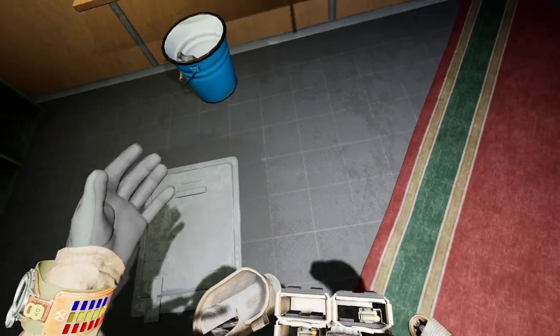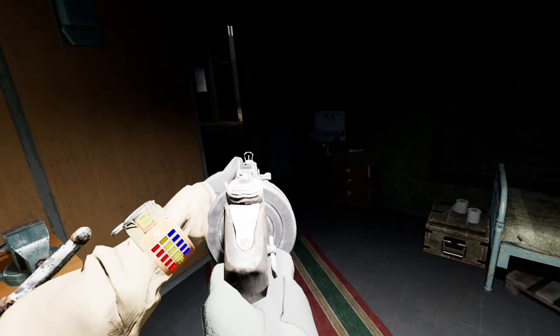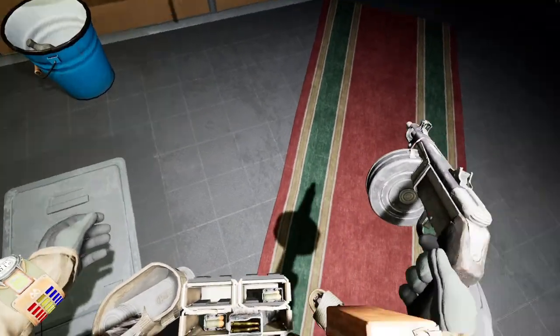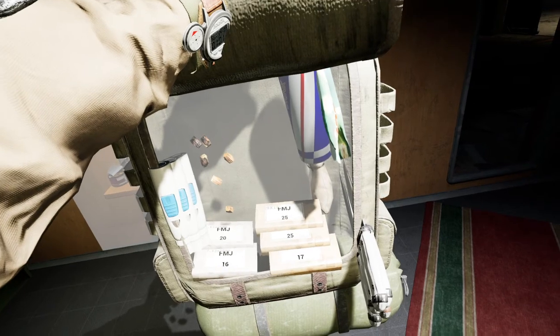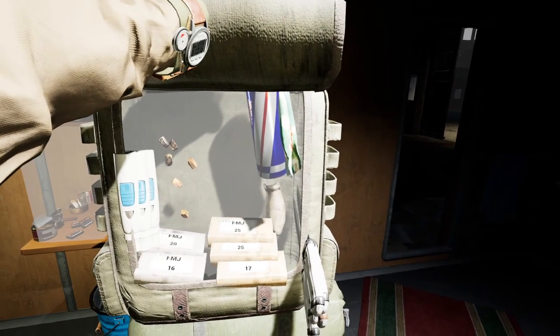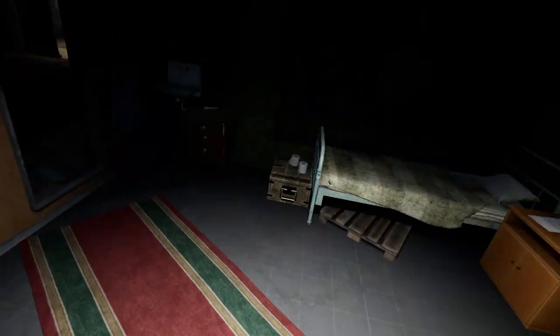We got our sidearm. We got our submachine gun. Oh, that's interesting. So we can actually double hand that. We got lots of knives. We got extra ammo. I mean, that's not going to go far for the submachine gun or whatever you want to call that little thing. But this should go pretty far for the